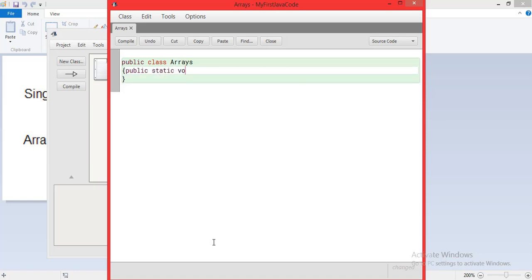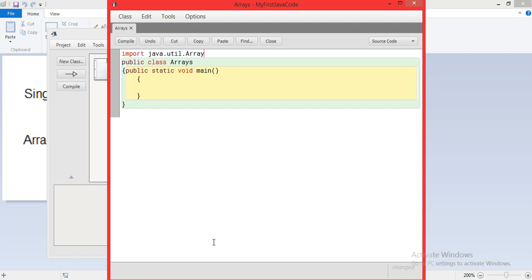The main method is needed. Correct. Okay, within this, if I want to use arrays, I need to import java.util.Arrays